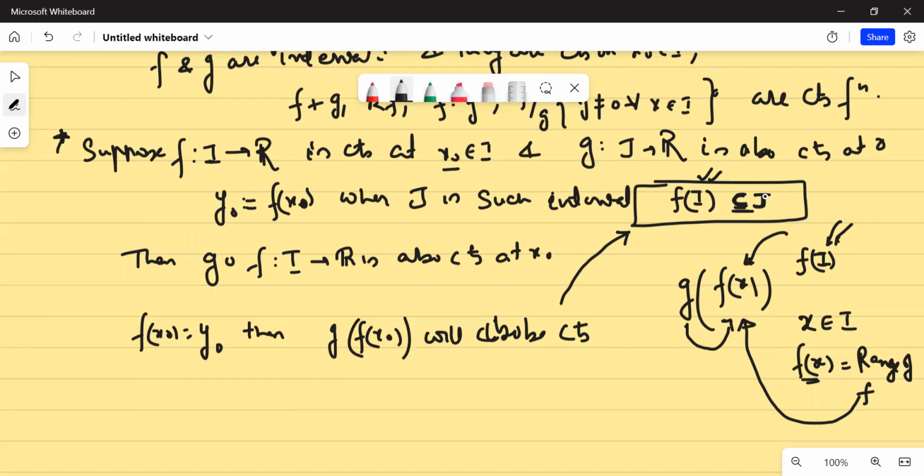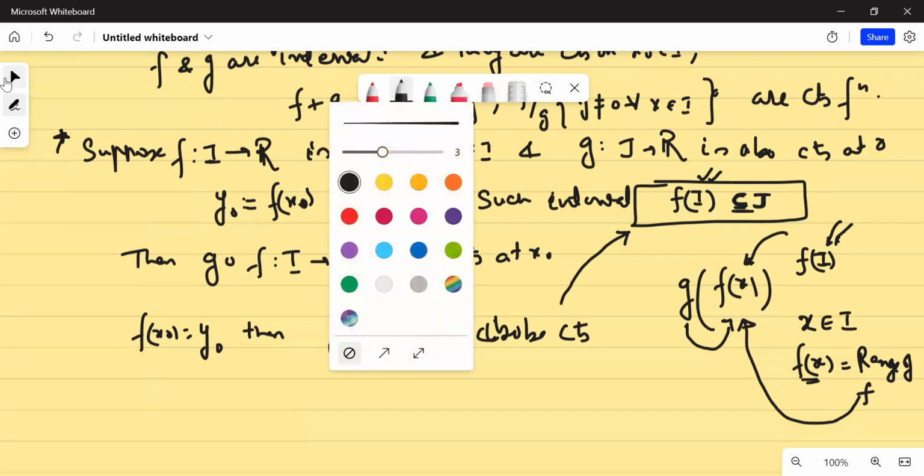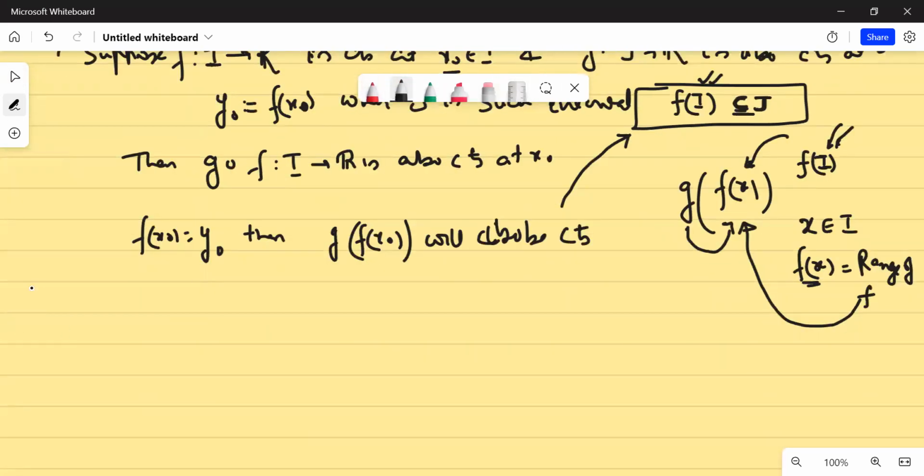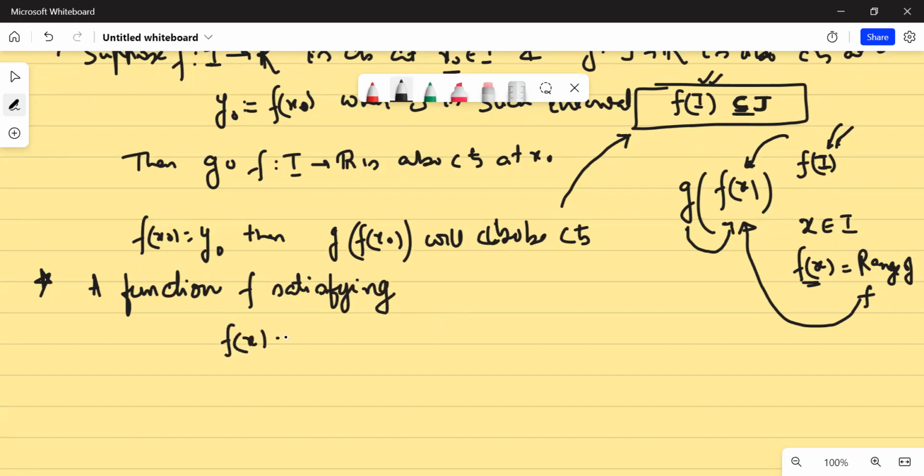Okay, let's write one more thing, let's understand 2-3 small things. There is something called a Lipschitz function. I don't know if it was taught to you by the same name, but you should remember this. So a function f satisfying this property: modulus of f of x minus f of y is less than or equal to k times modulus of x minus y, for all x, y belonging to I.